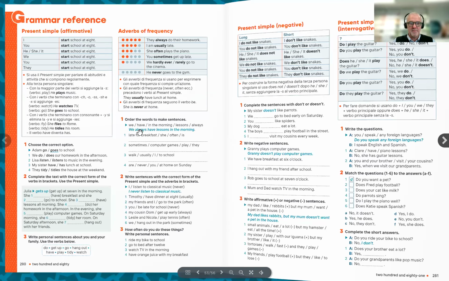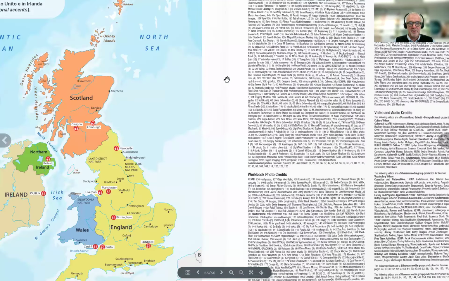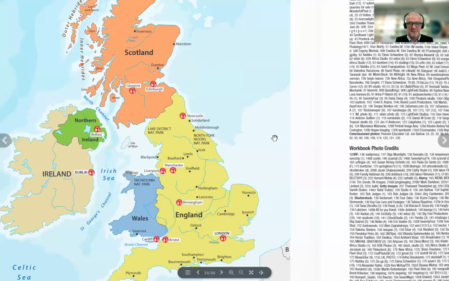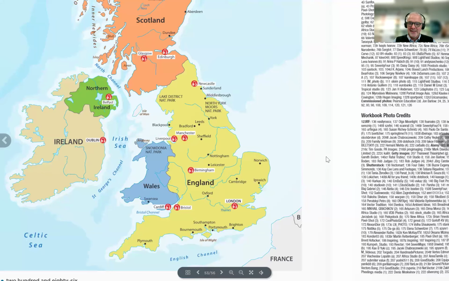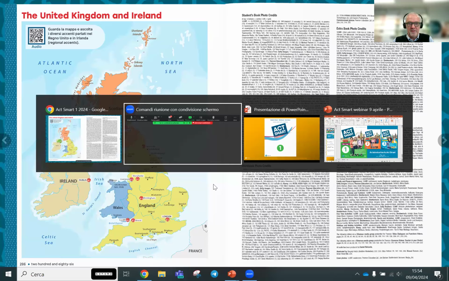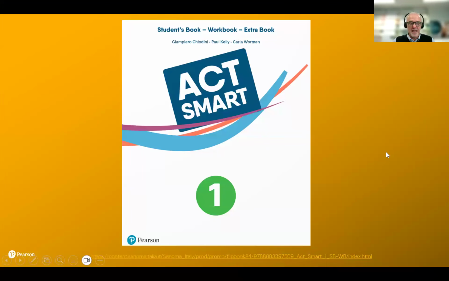And then this is an example of the map in level 1, where if you can see there is the symbol for the different cities that we have examples of different accents. So the kids can listen to Bristol, and then they can go and they can circle Bristol, because that's how they speak in Bristol. I can't imitate all of the accents, but that's pretty much Bristol. Okay, and that's an overview of the pages of level 1.